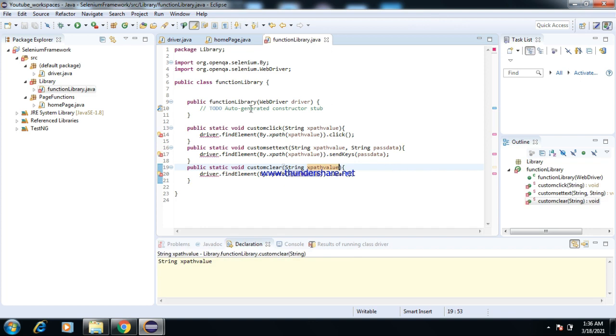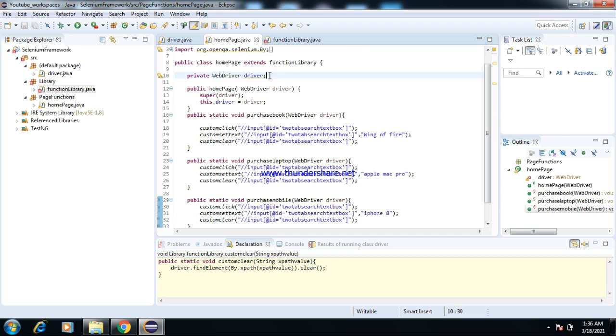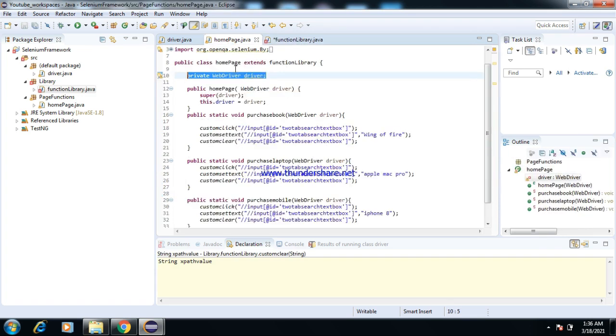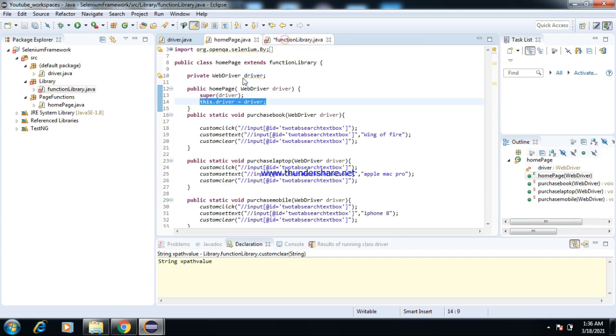I'm saving this file. I need to declare the driver here. Adding this.